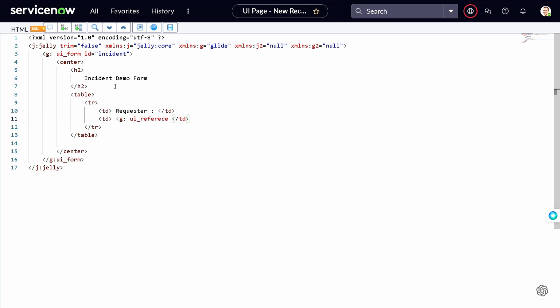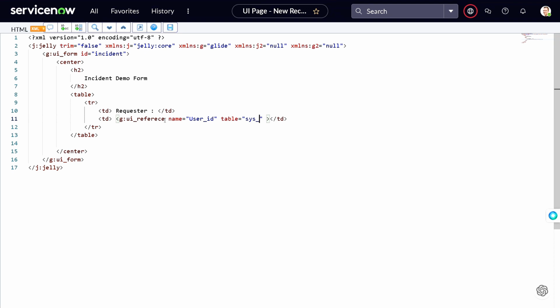As we are doing reference, so we can use reference one. UI reference. You don't have to give these spaces, keep in mind. So UI reference, and here I can give name equal to user underscore ID, and then we have to define on which particular table it will refer. So I will get table equal to